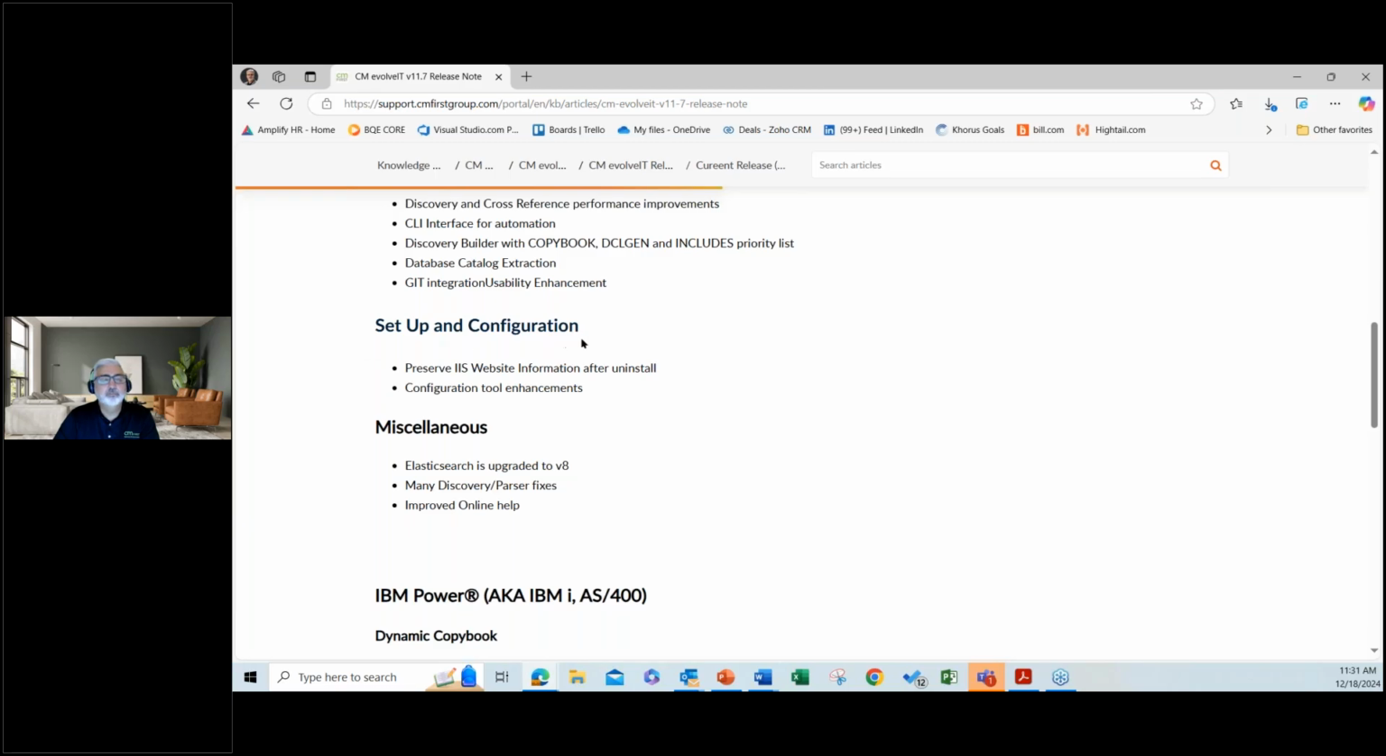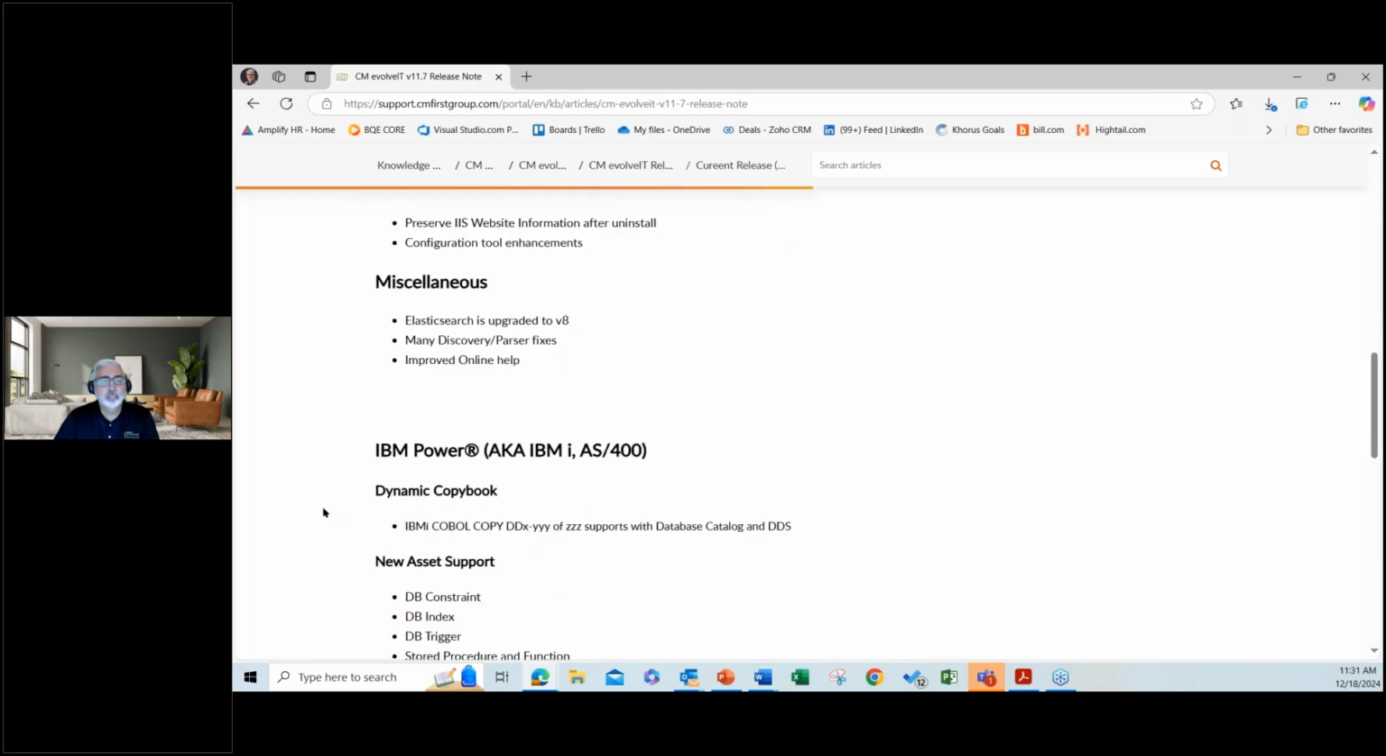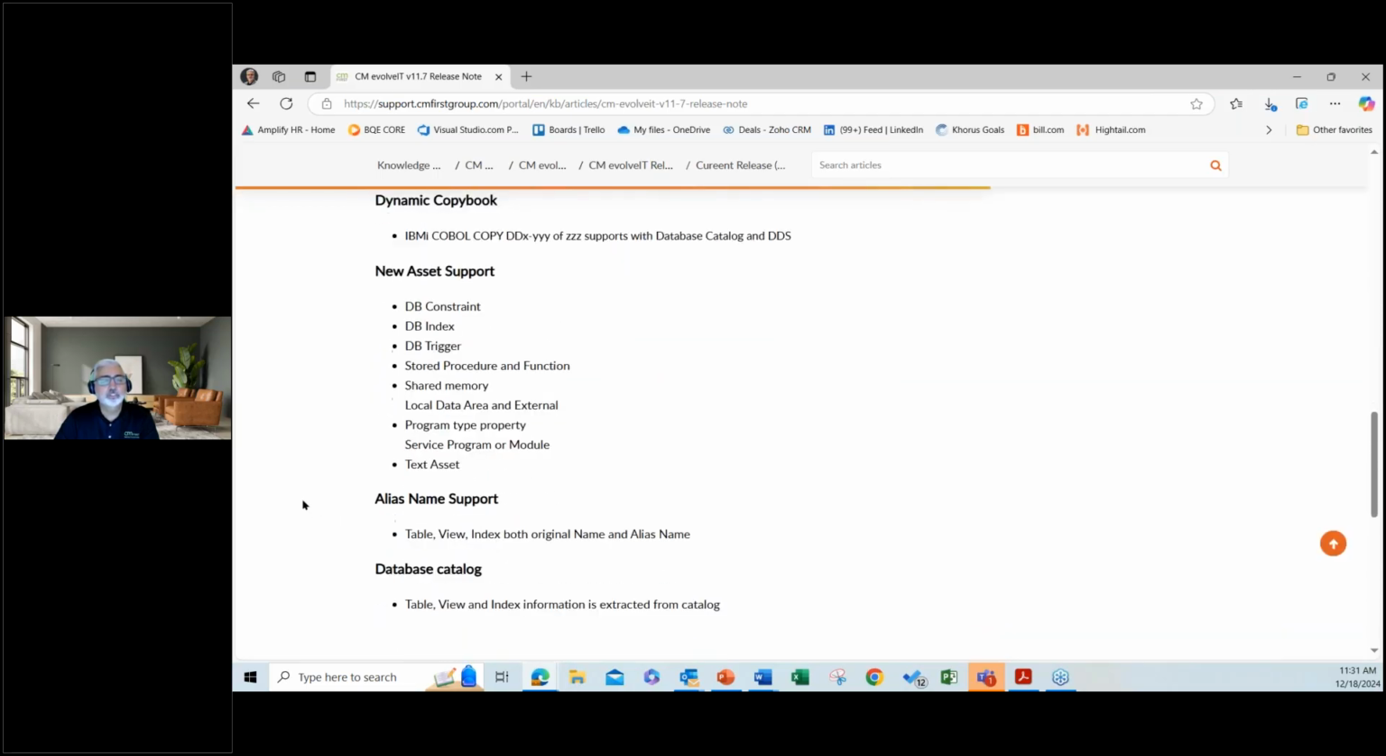Some additional information here that has to do with configuration, having to do with IIS and the websites, and some enhancements. We did upgrade our Elasticsearch tool to the latest version, and of course we continue to make fixes and things like that. And then, as we mentioned, we also have IBM Power systems, and we've made a number of additions there, including database. So John mentioned we can actually extract through the automation, so it's regularly included. We can extract your DB2